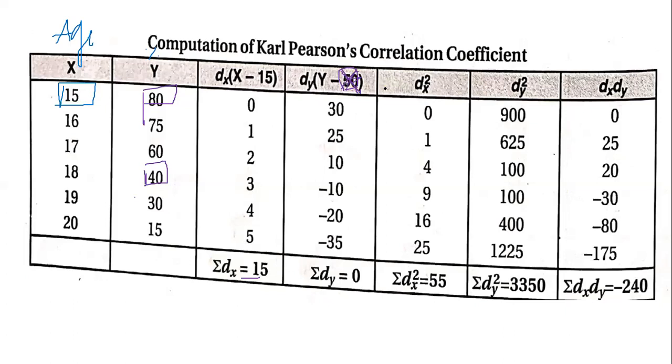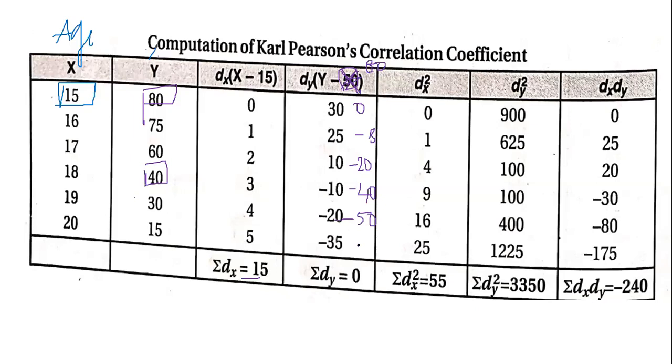Just solve this problem and we will discuss it together in the next class. So here, let's say we will take 80. It will start from 0. Then you will have minus 5. Then you will have minus 20. 40 minus 80 is minus 40 again. And then 30 minus 80, minus 50, then 15 minus 80, again you will get the values.